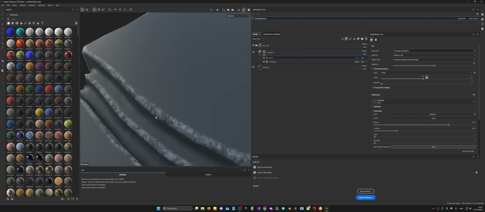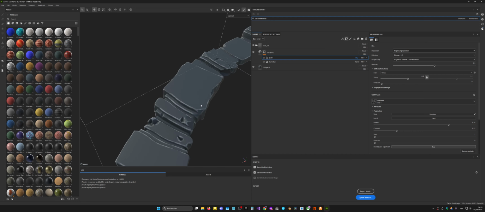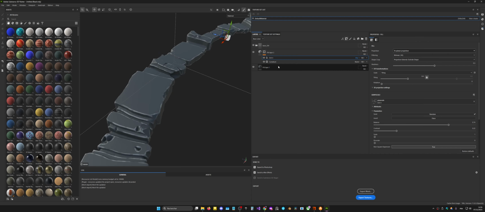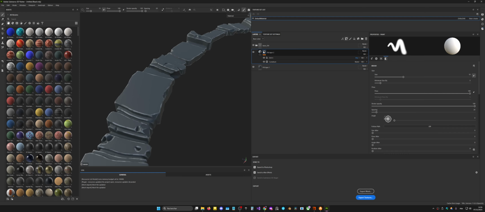So you can tile the noise a lot. Okay. This one is fine, and at the end you can fine-tune the fading of that layer with the base